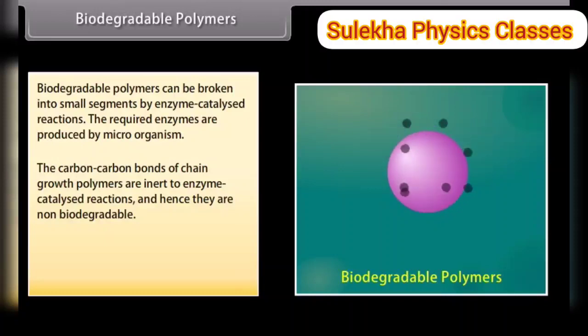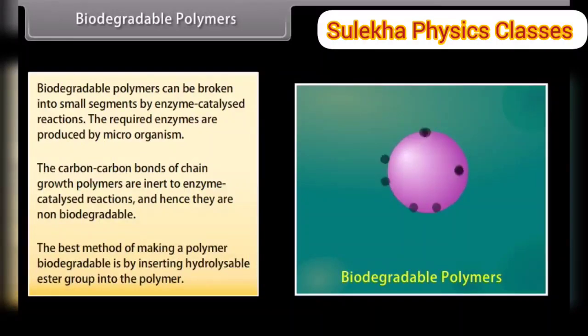To make such polymers biodegradable, we have to insert certain bonds in the chains so that these can be easily broken by the enzymes. The best method of making a polymer biodegradable is by inserting hydrolyzable ester group in the